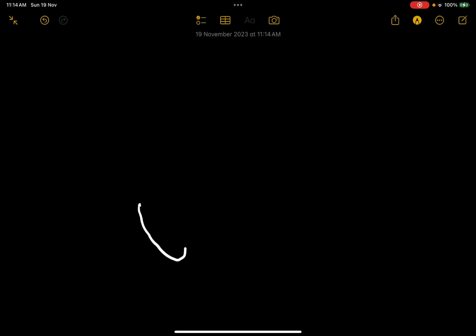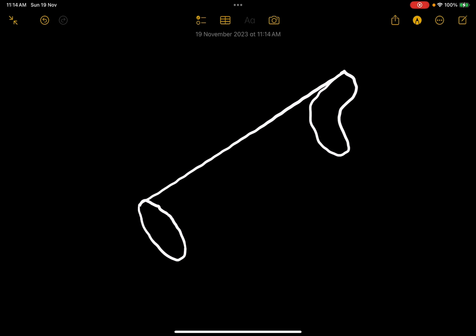Pubic symphysis, linea alba on the superior part. We make the medial border, the auricular process for the sacrum, the greater sciatic notch, the ischial spine, the lesser sciatic notch, the ischial tuberosity,